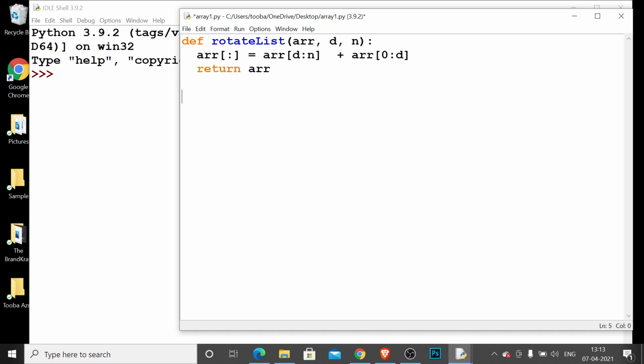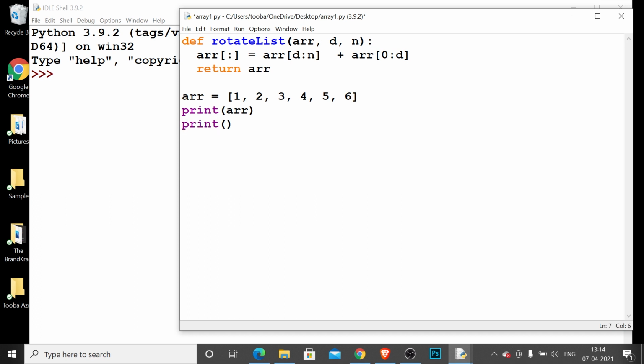Next, r = [1, 2, 3, 5, 4, 6], print(r), print in quotes